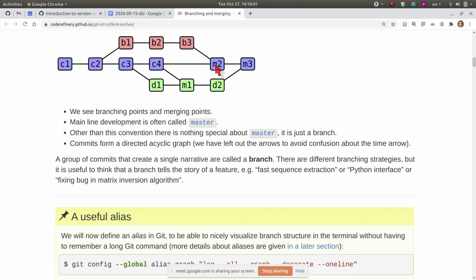But with git log, the command git log, you can show the full structure of the branches, and you can also hide the merges using a flag. It's called no-merges, and also with different approaches to merging. One is called rebase, that I think we'll cover maybe later. You also completely avoid the